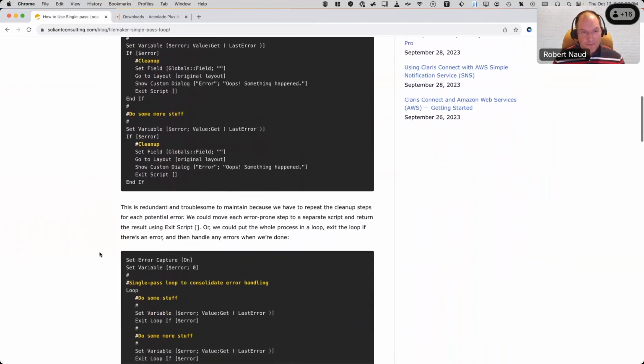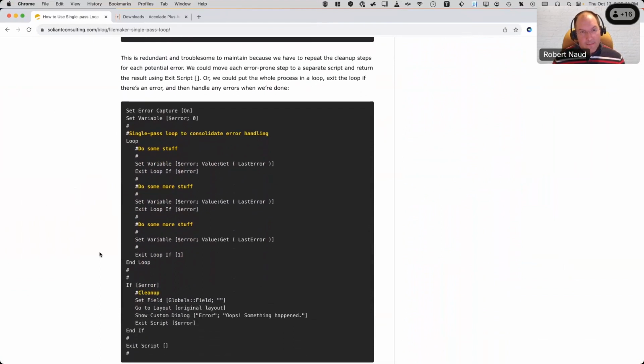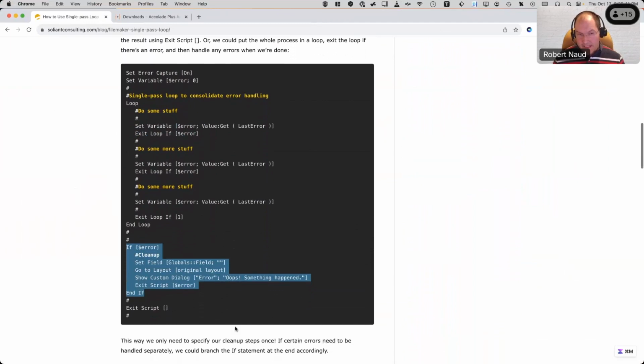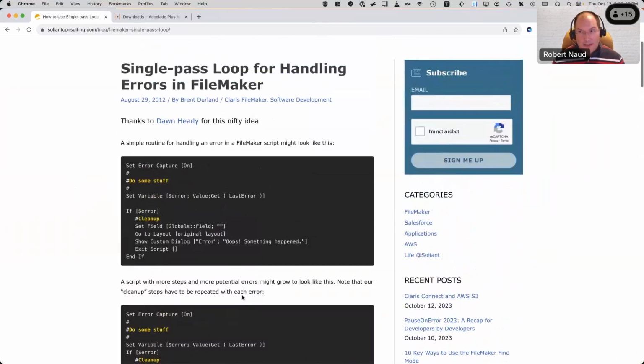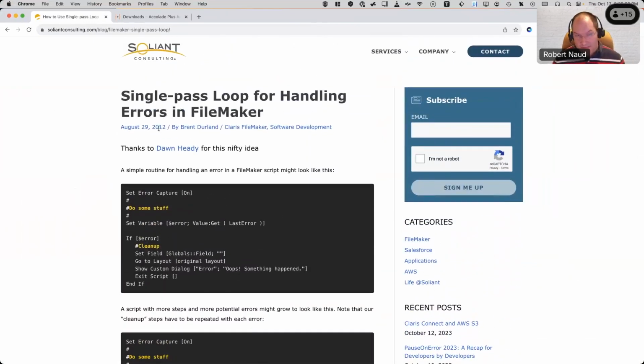So the single pass loop is where the loop construct from FileMaker is used to handle the flow. If an error happens, you still get the error in a variable and you still do a test, but the test is simply exit loop if, and then all of your error handling is done at the tail end of your script before exiting. That's what it boils down to. It's been around for a good decade,